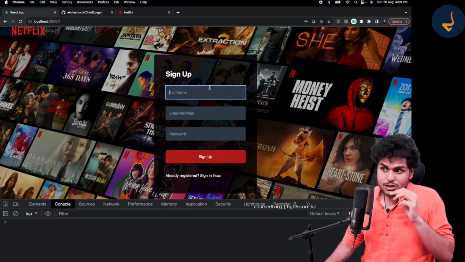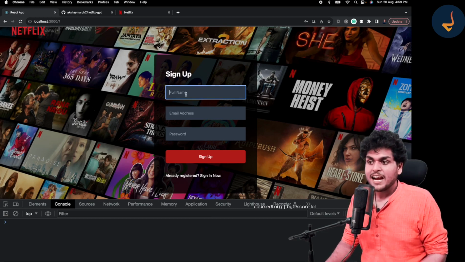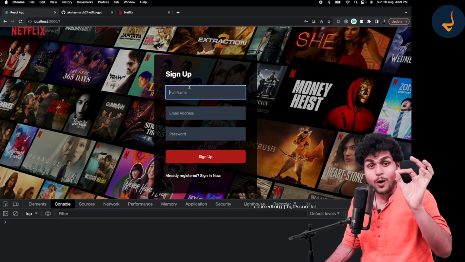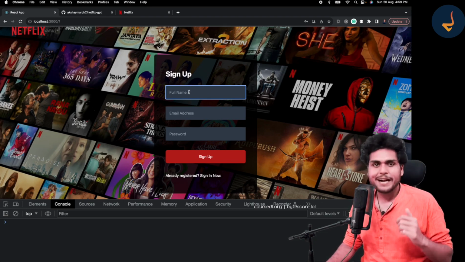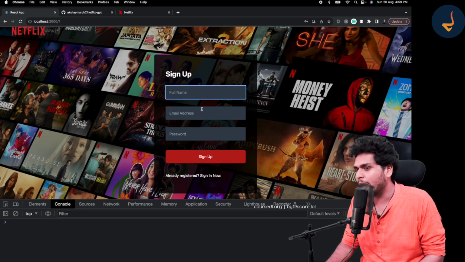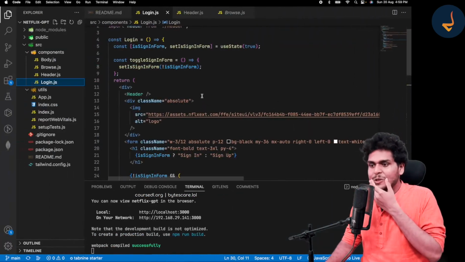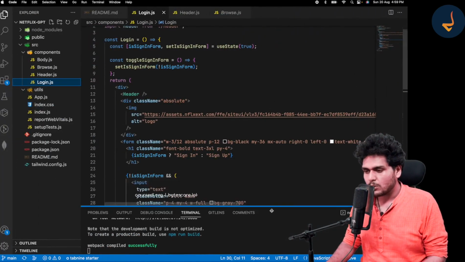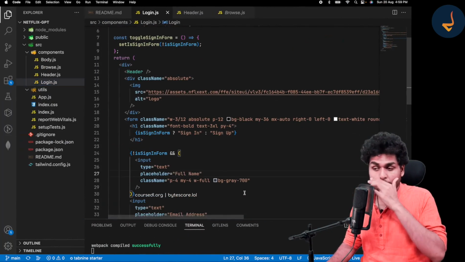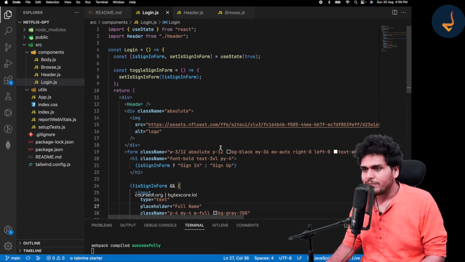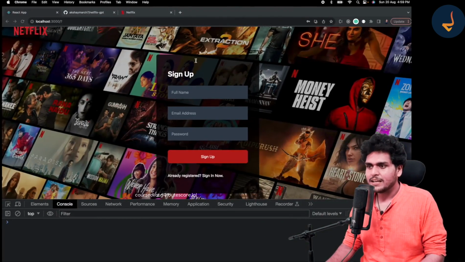Now we will see how we can add validation. Form validation is an important thing. We will see how we can validate this form and show some error messages on our app. So let's go back to our code. And one more important thing we will learn from this is